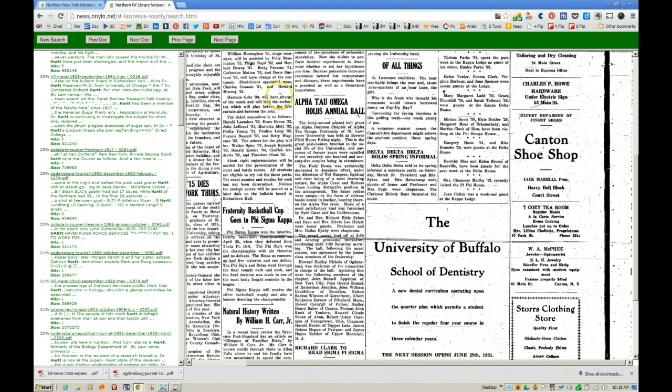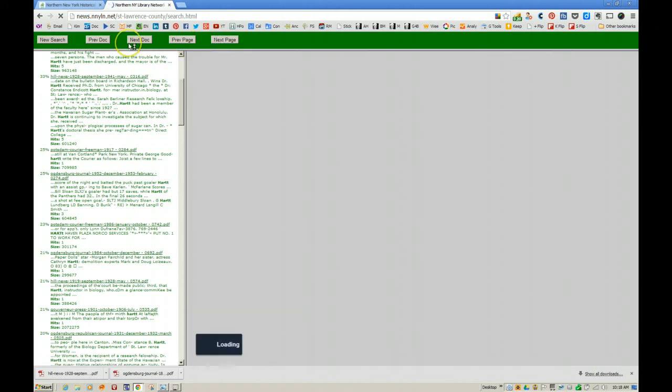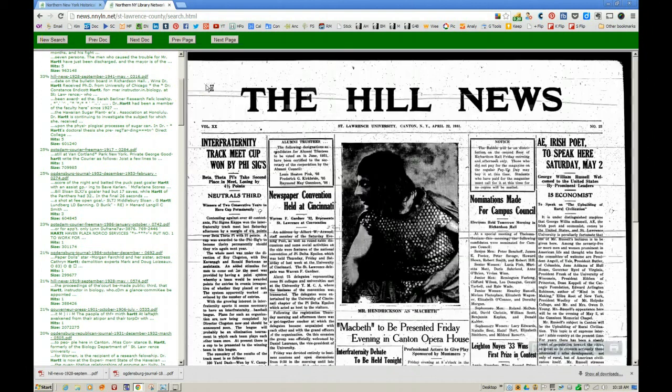But again, you might not get lucky enough, and you may not wish to look through the old newspaper right online as you are searching. You may wish to do that later, but that is your choice. And as I said, you can go to the next page, next document, previous document, or from this screen you can indeed do a new search. There's the main page of the next one. Scary looking figure there, isn't it? So let's go back,